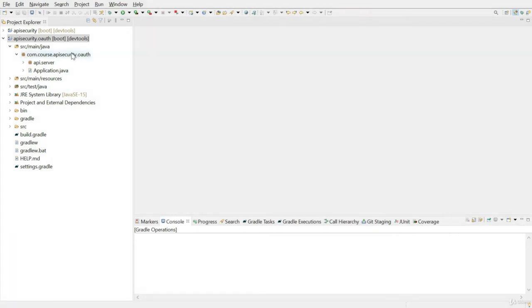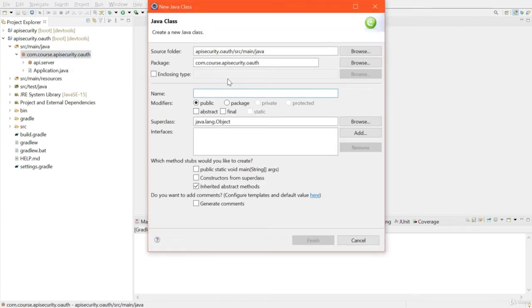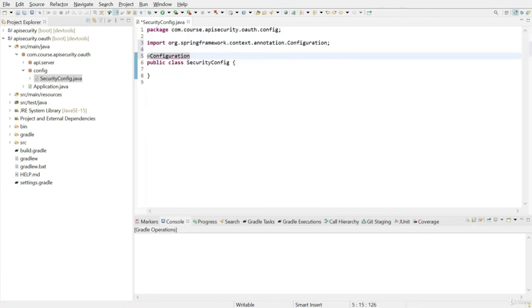To configure the authorization, create class SecurityConfig in package config. We will use this to configure Spring Security and Okta. Annotate this class as Configuration and enable global method security with prePostEnabled value set to true.